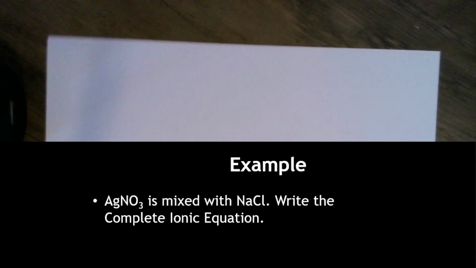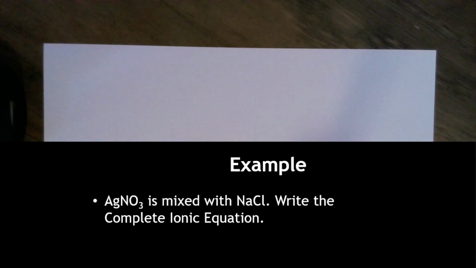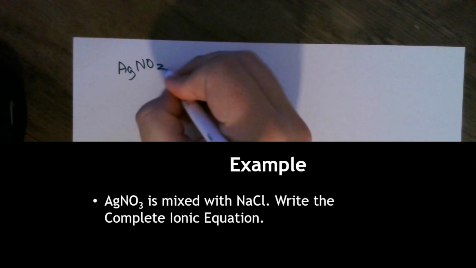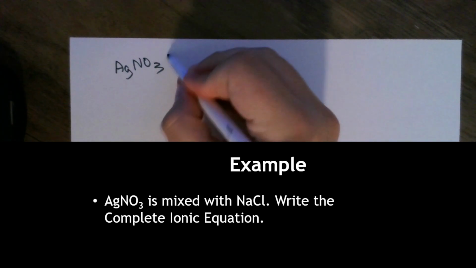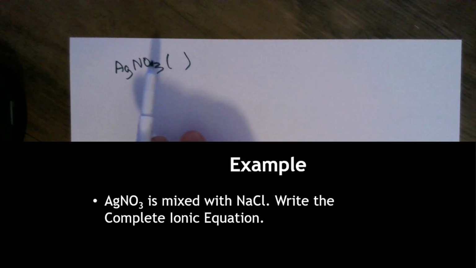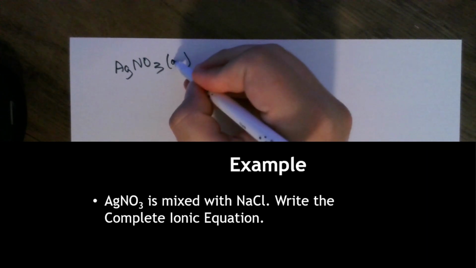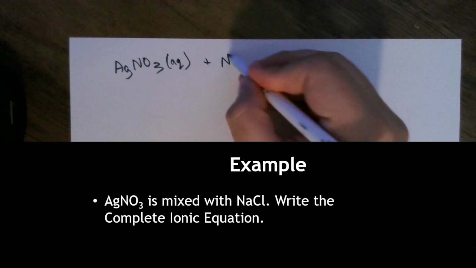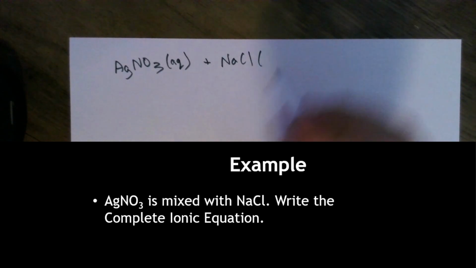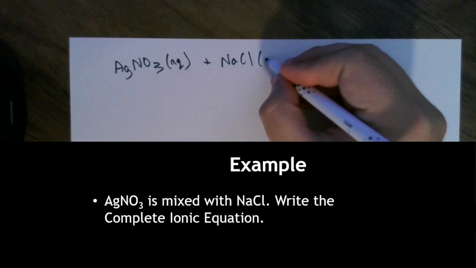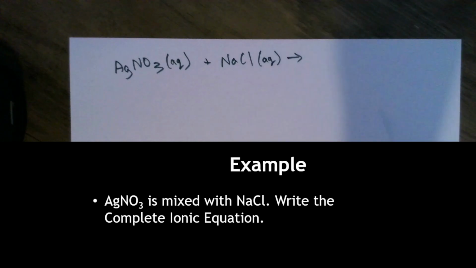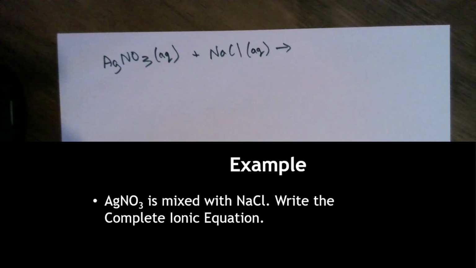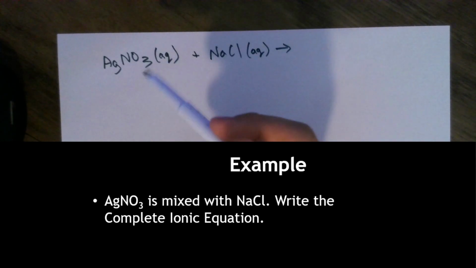All right. So I have AgNO3. Write that down, and I'm going to figure out what state of matter it is. So in parentheses, it has nitrate, so it is aqueous. Plus NaCl, it has sodium, so it is aqueous. Creates. All right, so this is going to be a double replacement reaction, meaning you're going to trade the places